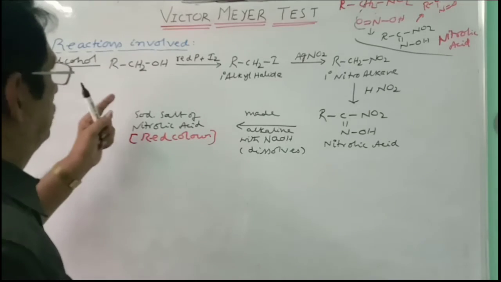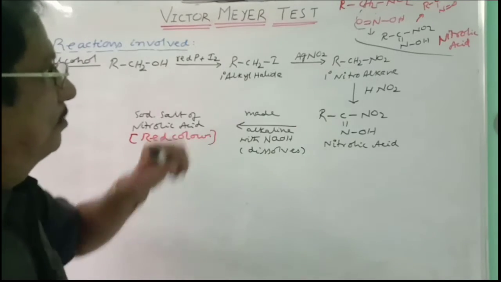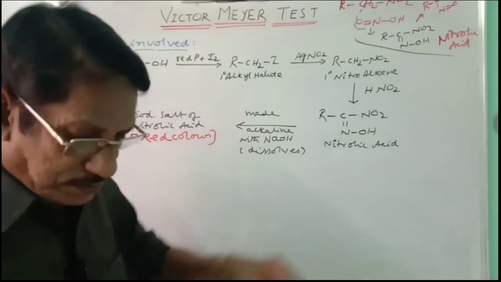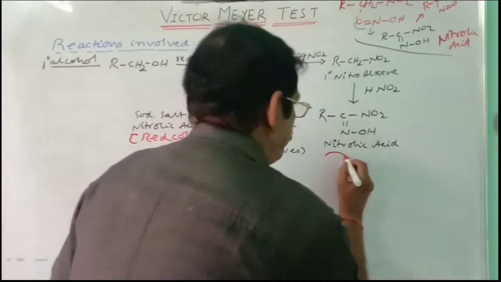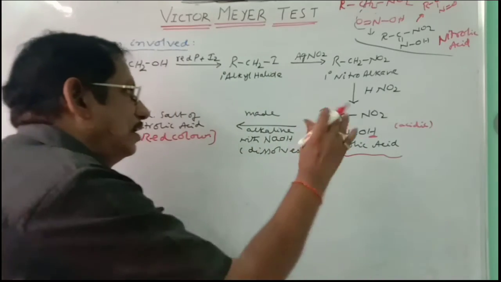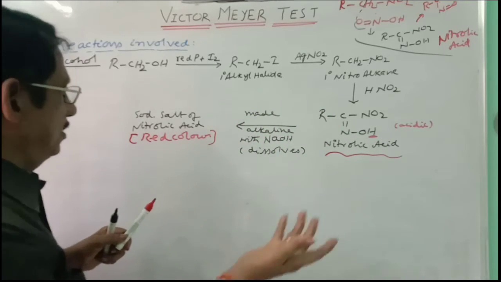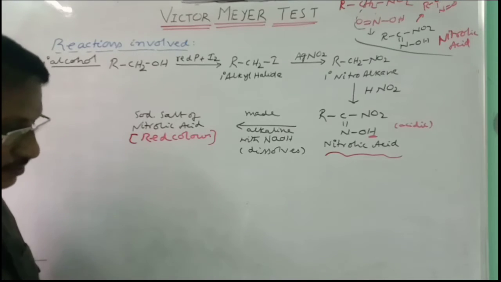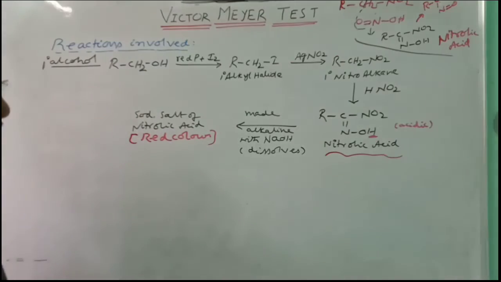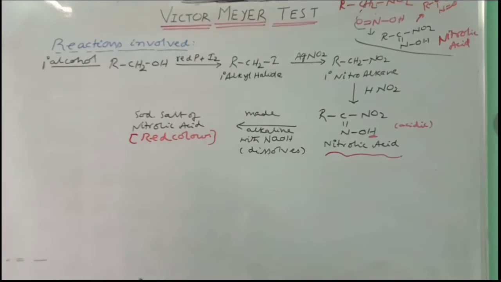And that is why primary alcohol is converted into primary alkyl halide, then into primary nitroalkane, and then treated with HNO2, nitrolic acid is obtained. This is nitrolic acid, don't forget, this is important. It has acidic character because this hydrogen is acidic. And later, when NaOH or KOH is added, when it is made alkaline with KOH or NaOH, the sodium salt or potassium salt of this acid will be obtained, and that is red in color. Right? So this is the way you have to analyze for primary nitroalkane.